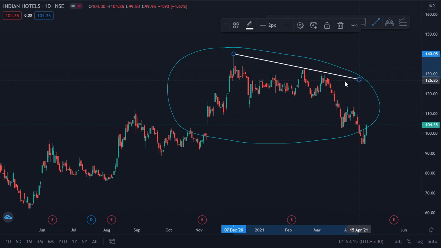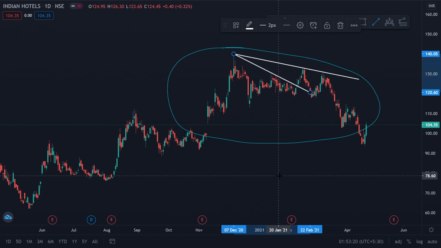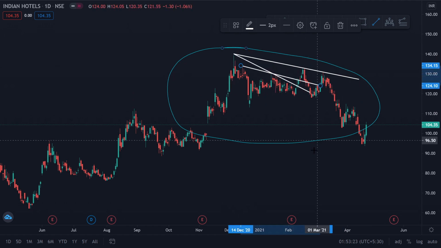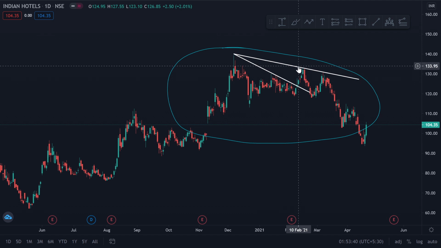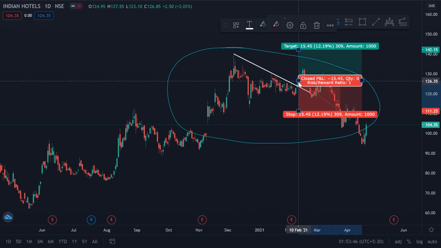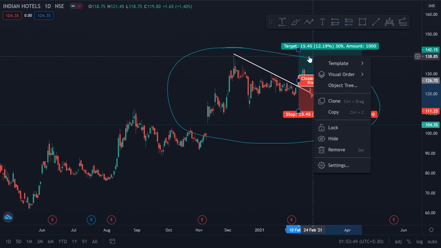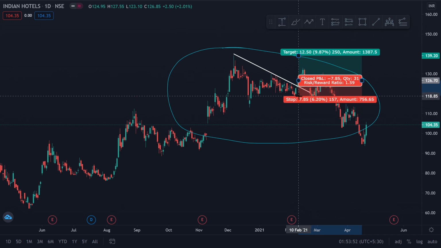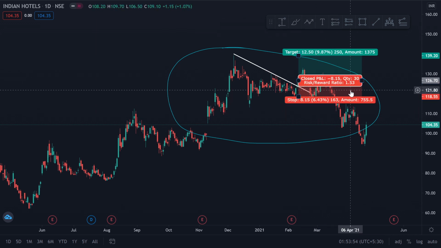So one guy might draw this resistance line right here. That's a correct resistance line, no doubt. Another guy might draw like this, right? Another guy might draw this. So these uncertainties where the trend line is not fixed, everybody has their own interpretation of the trend line. Now suppose this guy who drew the first trend line, he drew a correct trend line, but whereas this guy, let's say this was the trend line one guy was trading with. Now he saw a breakout here, he went long here. Now after going long, his target was obviously in this area, and this was the stop loss and a fake breakout, and his stop loss was hit.